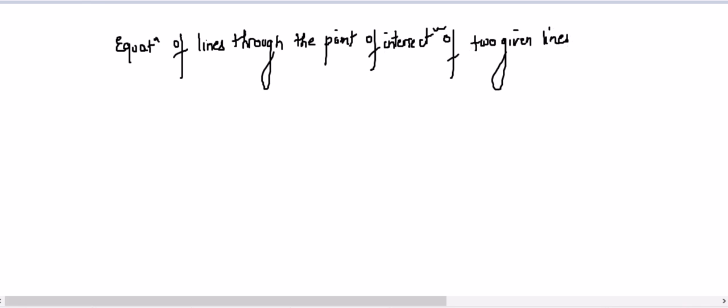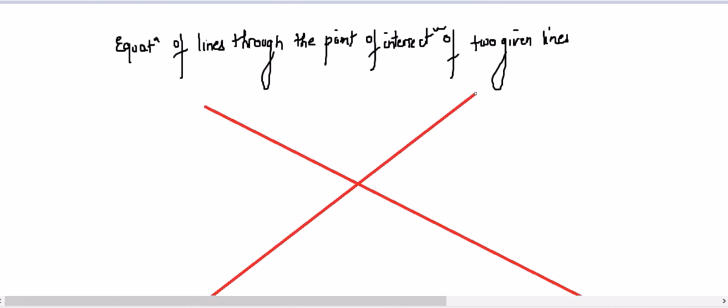Which means, say for example, there are two lines. This is the first line, this is the second line. They both are intersecting lines. And what is the equation of the line which is passing through the intersection of these two lines, which means passing through here? Clearly this is the intersecting point of these two lines. So what is the equation of this line which is passing through the intersection of these two lines? And also there lies one point on it. One point is also given.